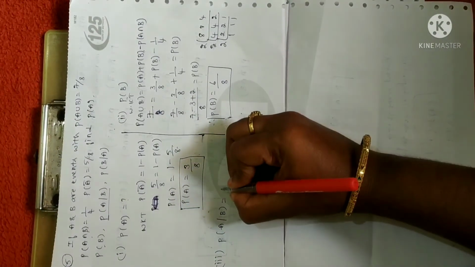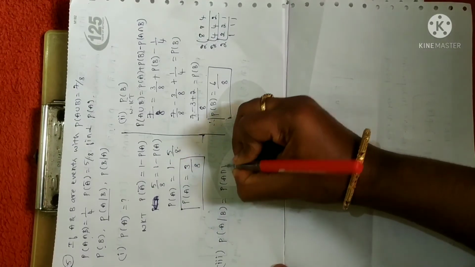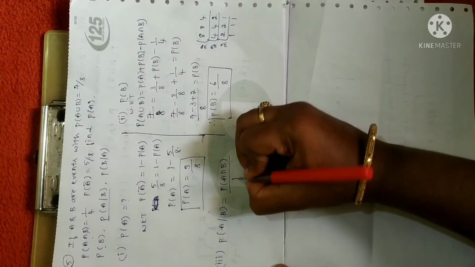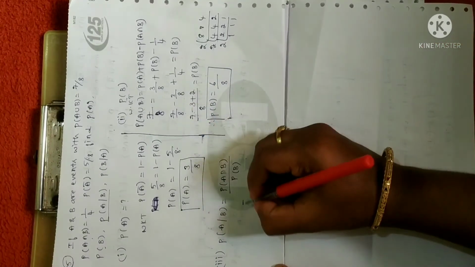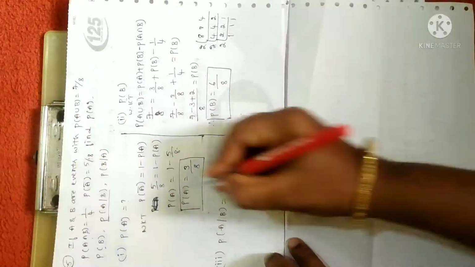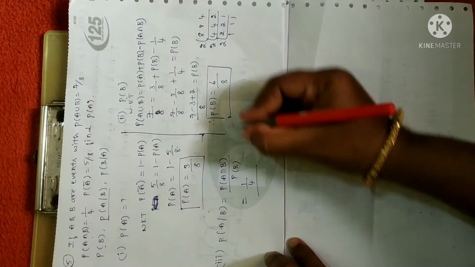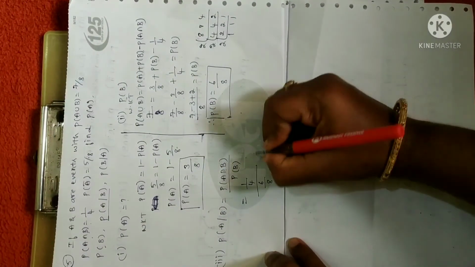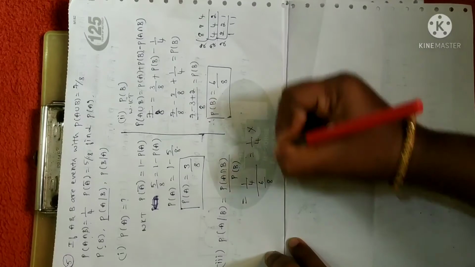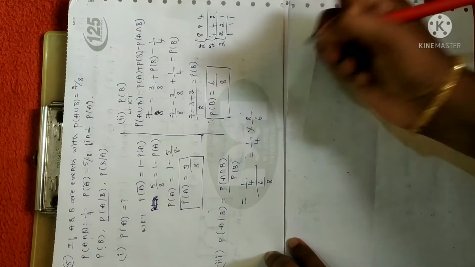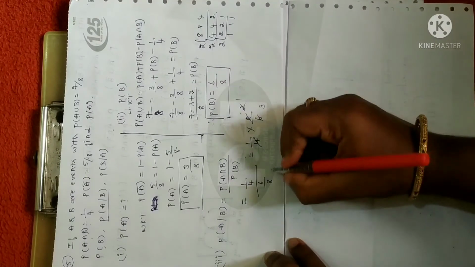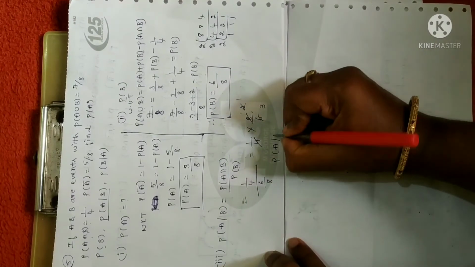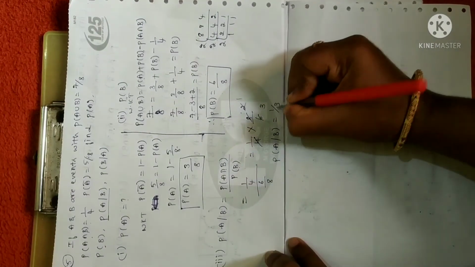Let me use the conditional probability formula, that is probability of A intersection B divided by probability of B. Whatever you have in the denominator, you have to write the same. Probability of A intersection B is already given, it is 1 by 4, divided by probability of B, which is 6 by 8. Let me simplify: 1 by 4 into, when you shift, 8 by 6. 4 1s are 4, 2 1s are 2, 2 3s are 6. So probability of A with reference to B is 1 by 3.